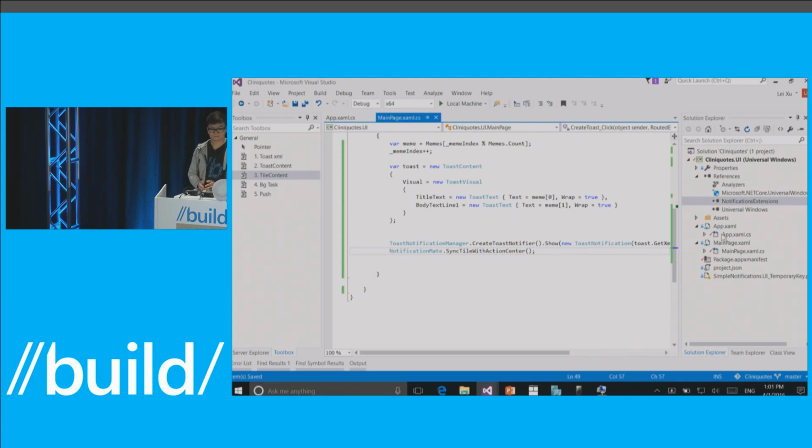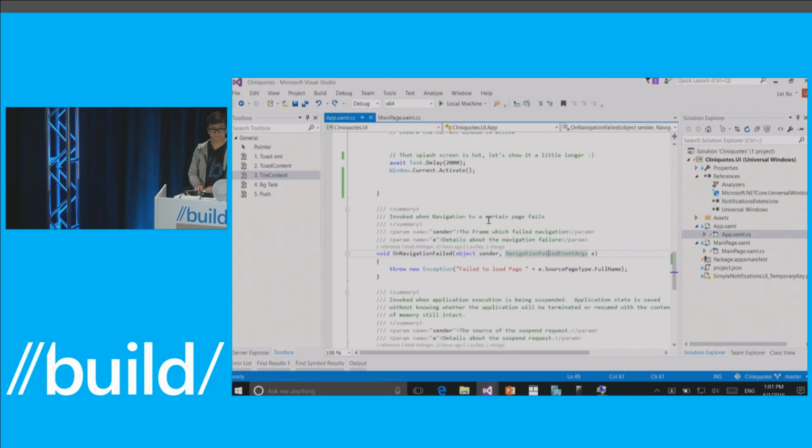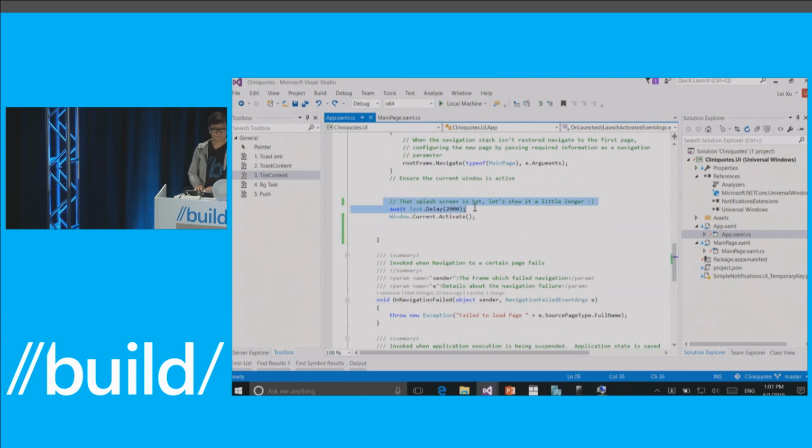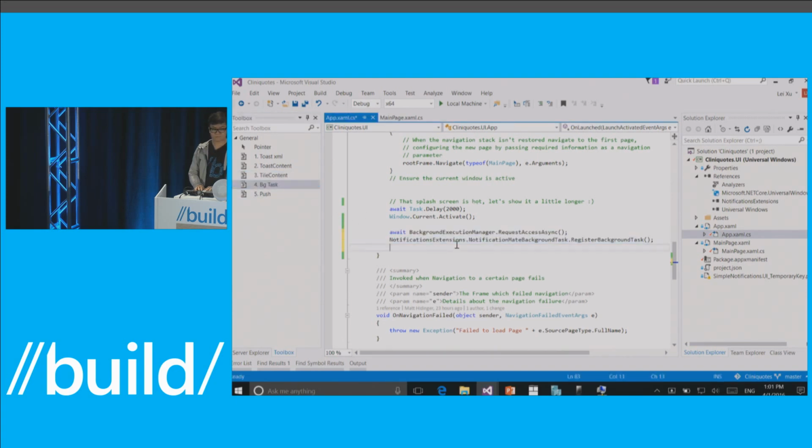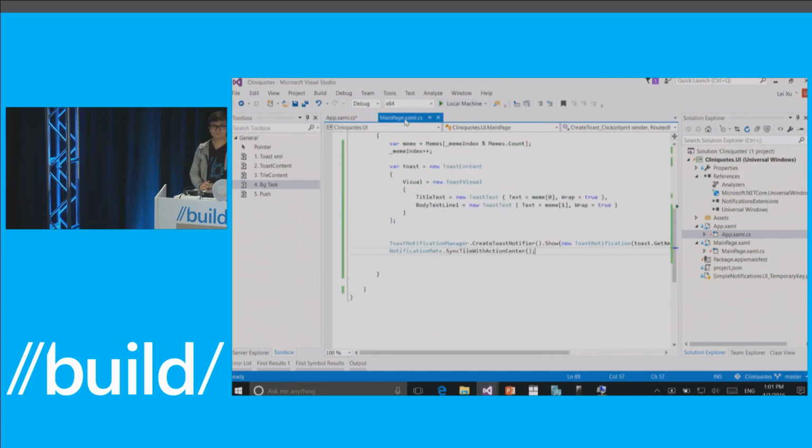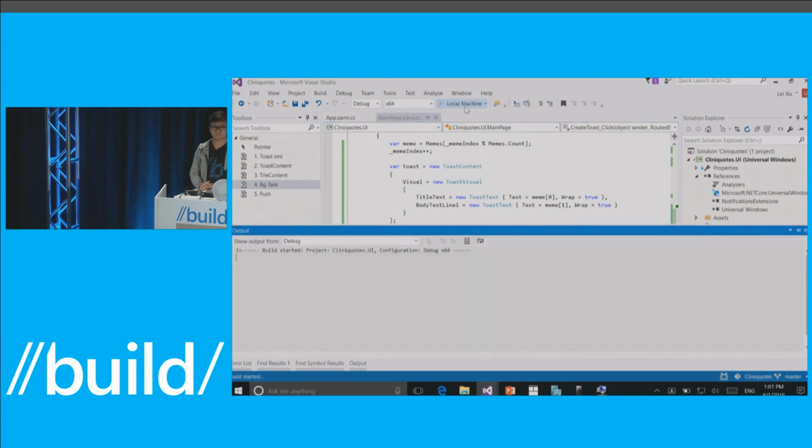I realized, cool, I can automate a lot of that code, and that's exactly what this does, sync tile with Action Center. So the only other thing I have to do is go in my app.xaml, where here, that splash screen is hot, so I put a sleep in there so the splash screen stays up for 2 seconds longer. So I'm going to register this background task. Request access async. When you have the notifications extensions, you're just going to say notification made background task.register. So I abstract all the task registration from you. You just write this single line of code. And now let's F5. So all we've really added is this line of code here, register background task, and sync with Action Center. And if all goes well,